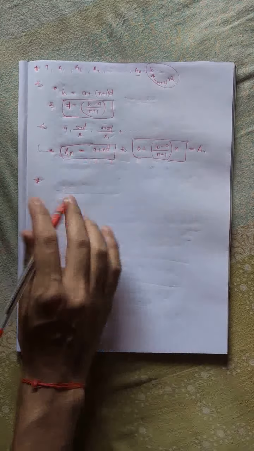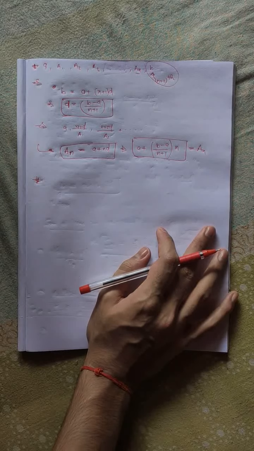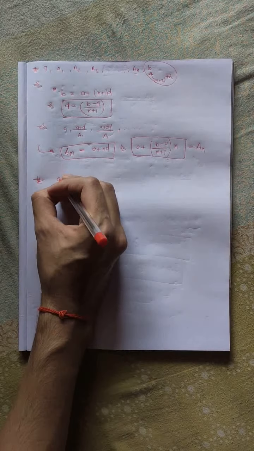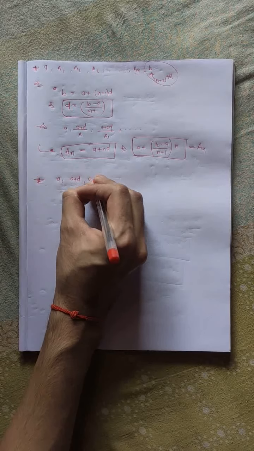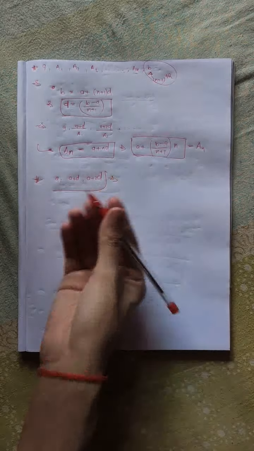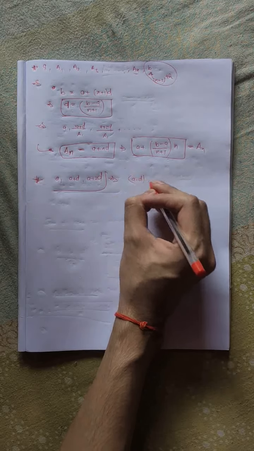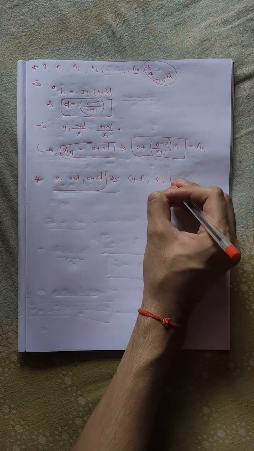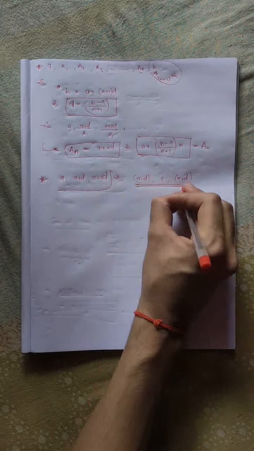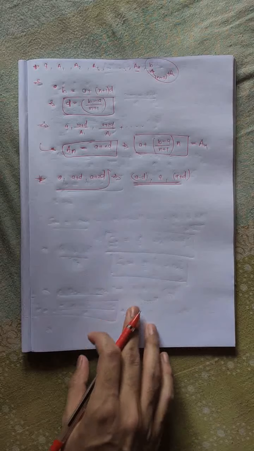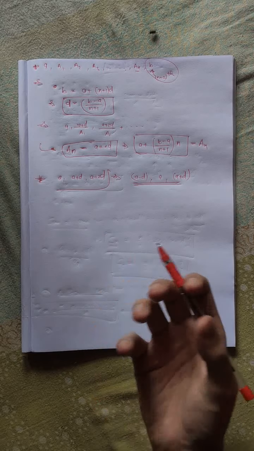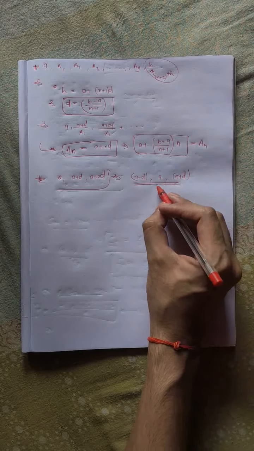Another thing would be that if you have to assume 3 terms that are in AP, what should we assume? Of course we could assume A, A plus D and A plus 2D, but a better way to assume this would be to take the first term as A minus D, the second term as A, and the third term as A plus D. This is quite useful for some of the questions which might ask you to let 3 numbers be in AP, then you just assume the 3 numbers to be this.